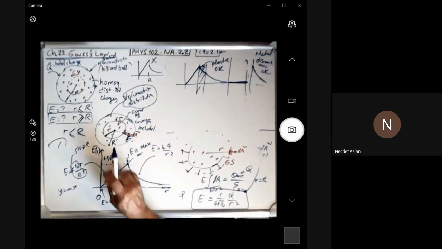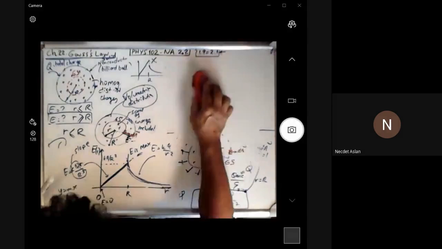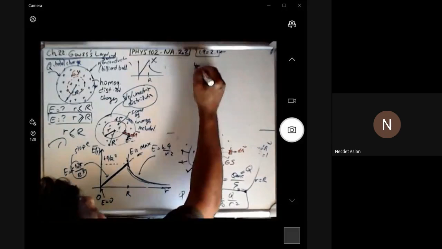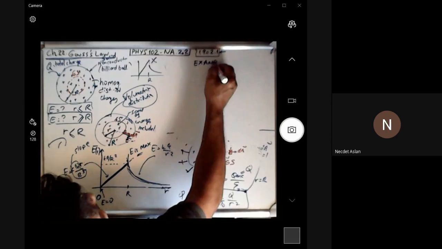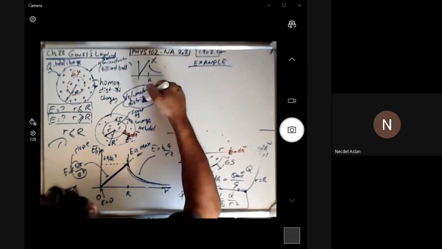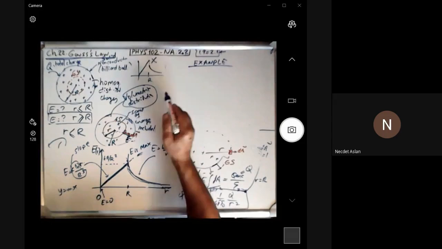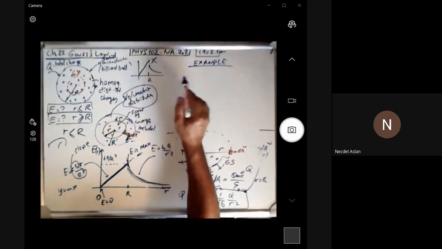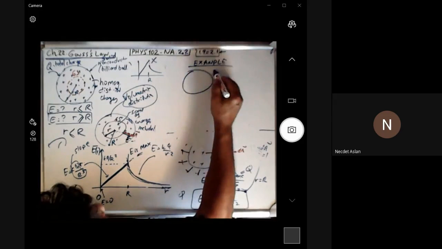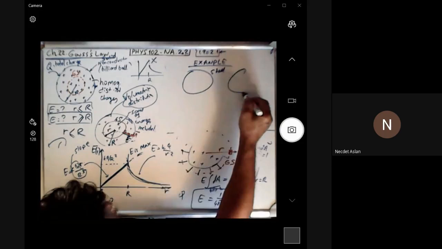So basically, for this problem where electric field is changing linearly inside the volume, and then outside it's reducing as 1 over r squared, this is the electric field. Now, if we solve the metal thing, another example, remember the 3 pictures that I have drawn, this was the first, the second, and the third. So it doesn't matter if it is shell or solid